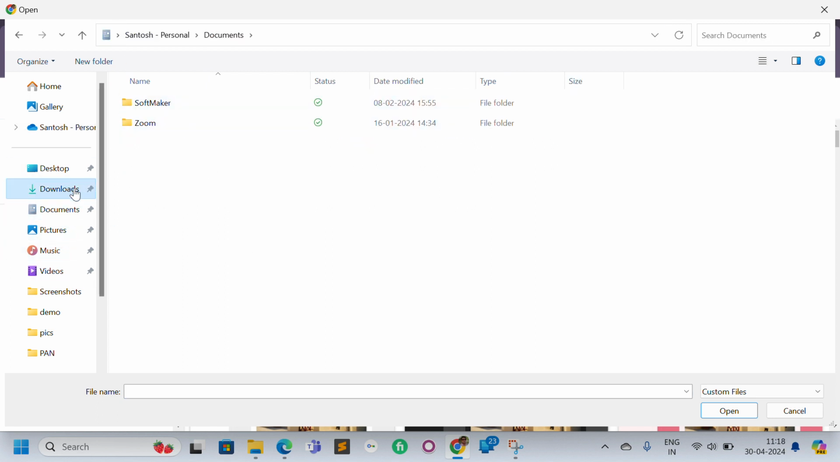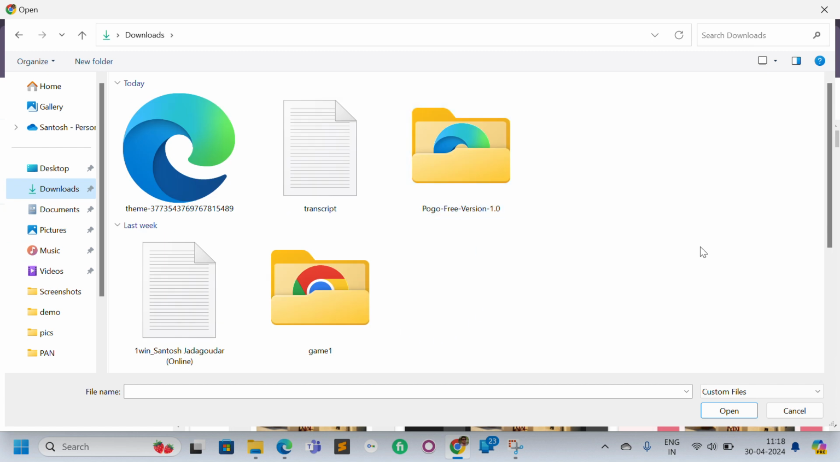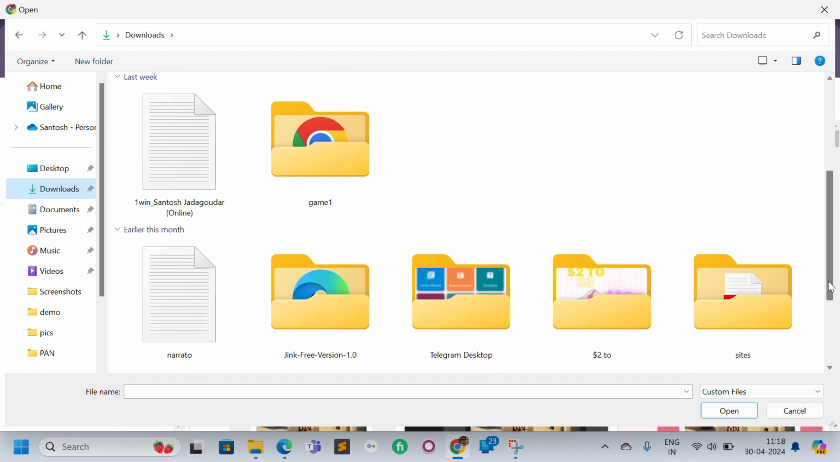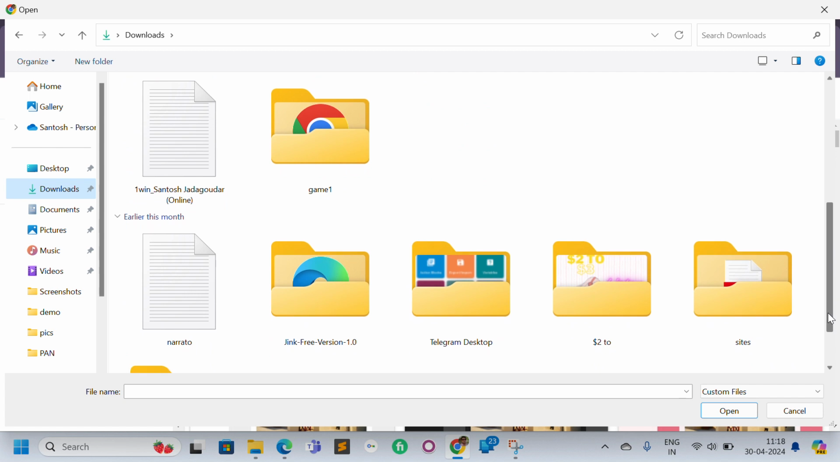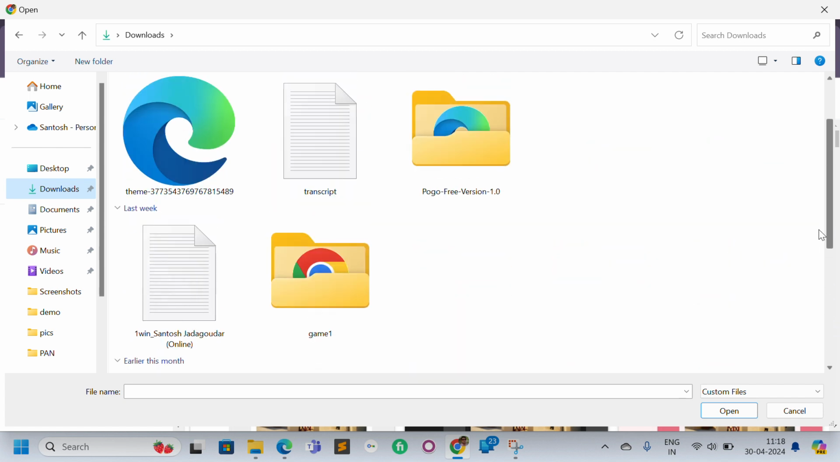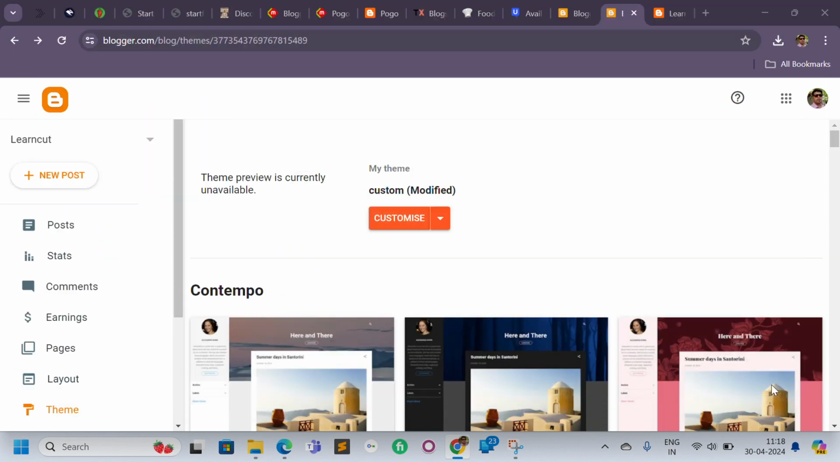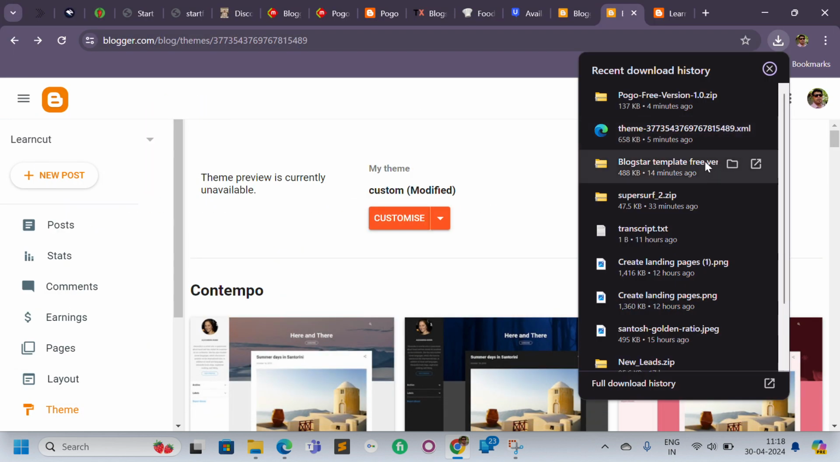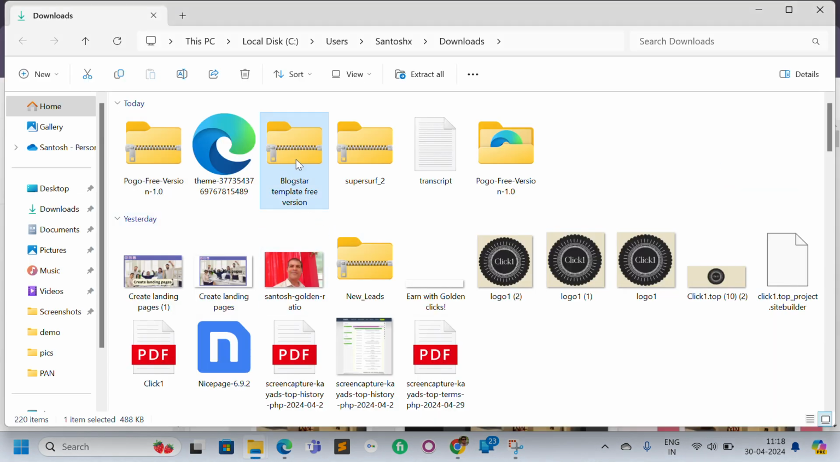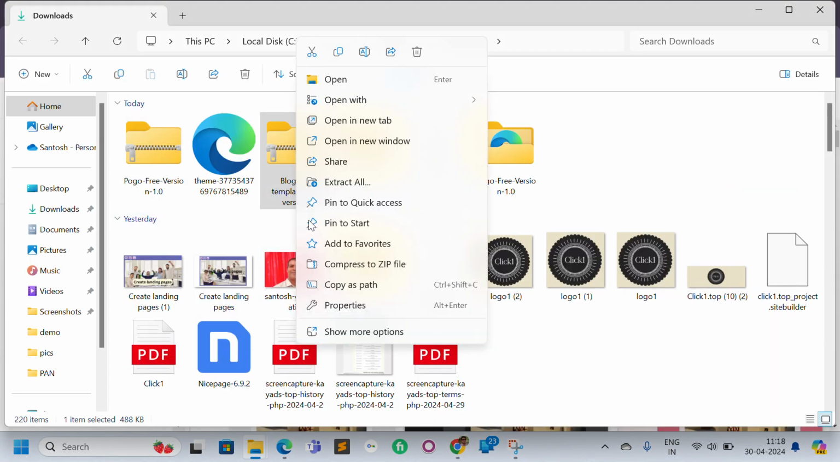That theme is called... just give me a minute. I don't know the name of the theme. That is called Blockster, right? So here we go. So right click, open with, I mean, extract all, extract,